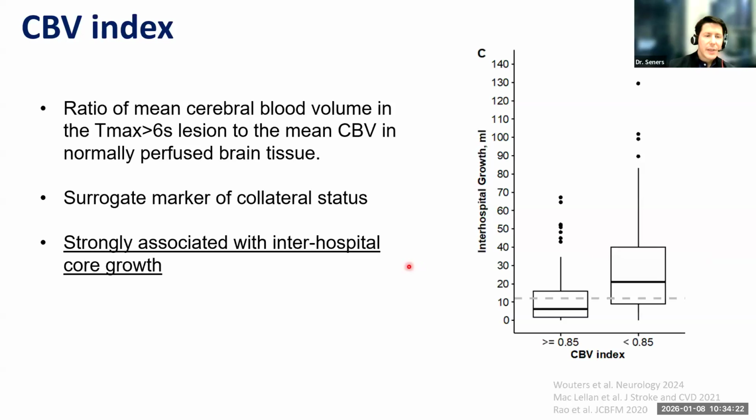So we can also use the CBV index, which is another biomarker of collateral status, which has also been shown in several publications. It is the ratio of the mean cerebral blood volume within the Tmax 6 lesion compared to the mean CBV in the normally perfused brain tissue. And it has also been shown to be strongly associated with interhospital core growth. So the patients with high CBV index, the optimal cutoff being 0.85, have minimal core growth over time, while the patients with low CBV index have large core growth over